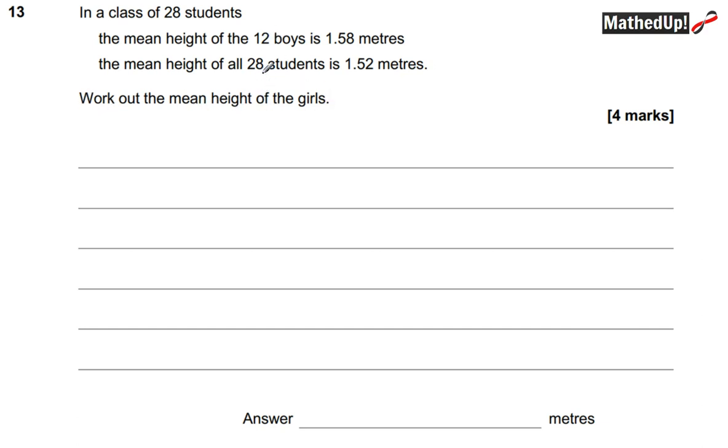Well, straight away I know that there's going to be 16 girls, because that's 28 total students, take away 12 gives us 16. So we know there's going to be 16 girls. I'm just going to jot that there to remind me. Okay, so if the mean height of the 12 boys is 1.58 meters, I know that the total height of all of the boys must be 12 times 1.58. So total boys' height